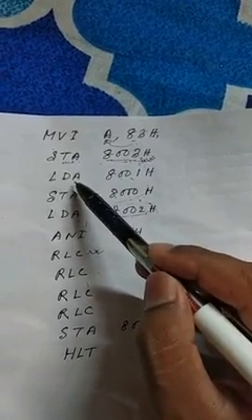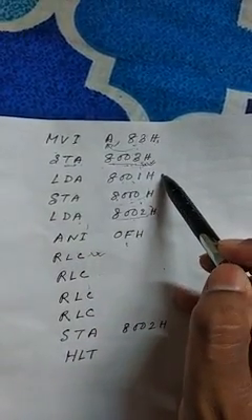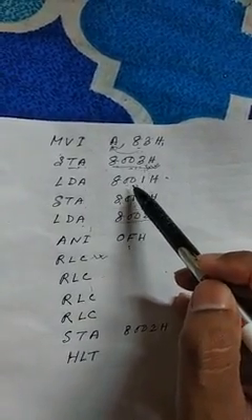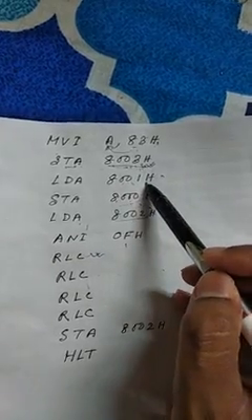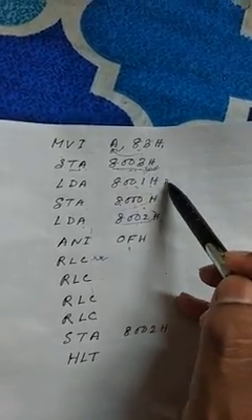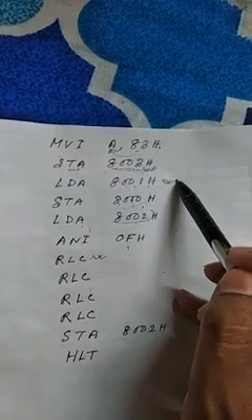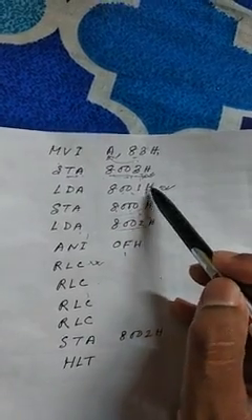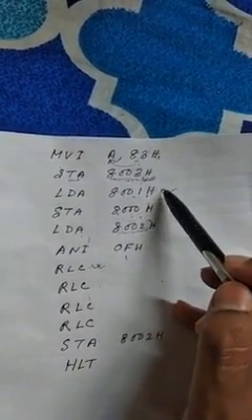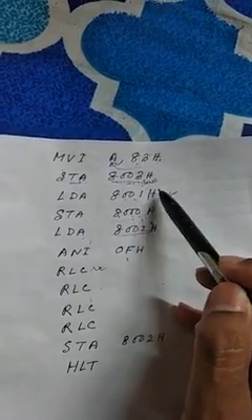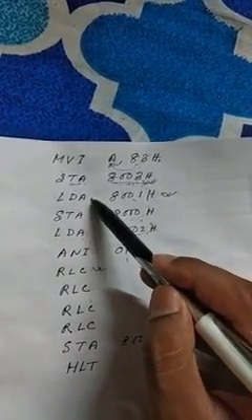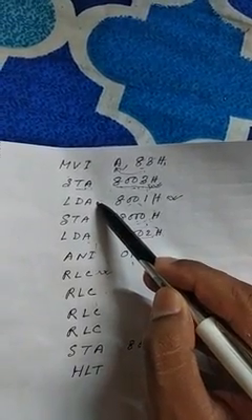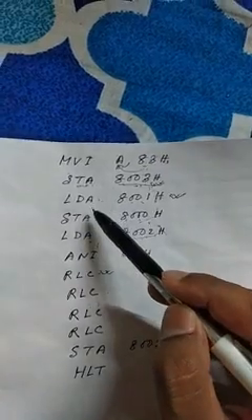Now we will try to find out the data of port B. The data address of port B is 8001. We will try to access port B. That's why LDA 8001H, meaning the content of 8001, where port B is connected. The content of port B will be sent to A. The data pattern we are getting is in A, the accumulator.